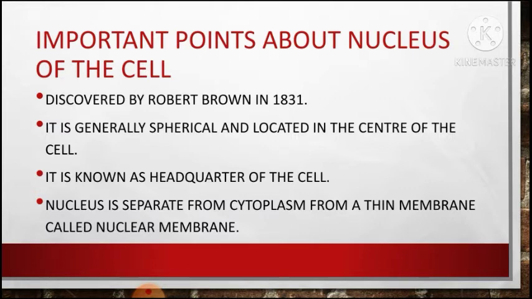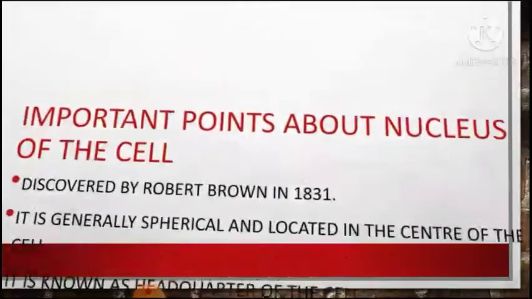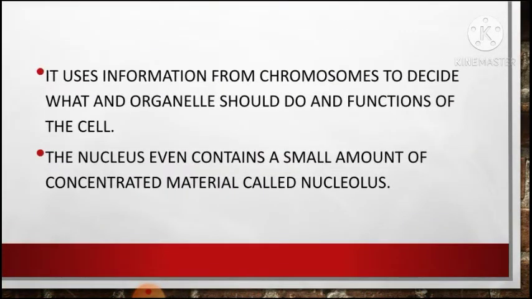The nucleus is separated from the cytoplasm by a thin membrane called the nuclear membrane. The nuclear membrane allows the movement of material between the cytoplasm and the nucleus. The nucleus contains a small spherical body called the nucleolus and thread-like structures called chromatin or chromosomes. The nucleus is the site of development of ribosomal RNAs. Nucleus and cytoplasm together make up the protoplasm, which is the living substance of the cell.